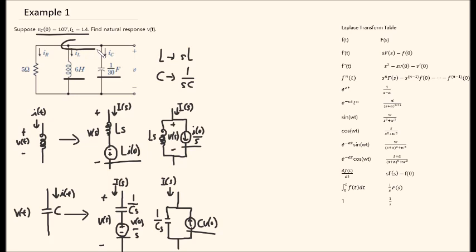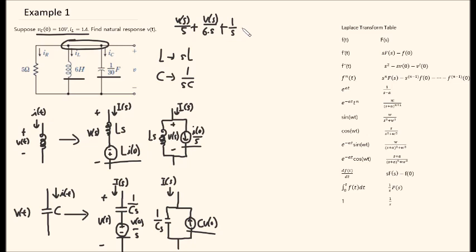I'm going to apply KCL on this node, but I'm going to write this in the Laplace version. So IR in this case would be V of S over 5, and IL in this case, now using this circuit, it would be V of S over, now inductance changes to S times L, so 6 times S. And since we have an initial condition in this case, since the initial value is not 0, we have to add this part as well. So it becomes